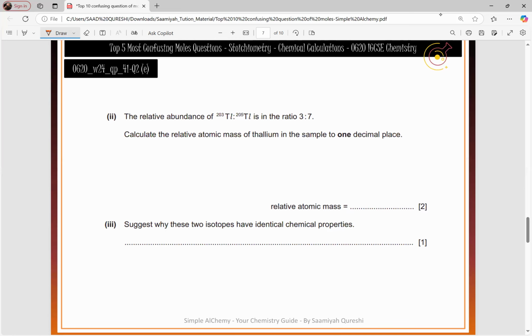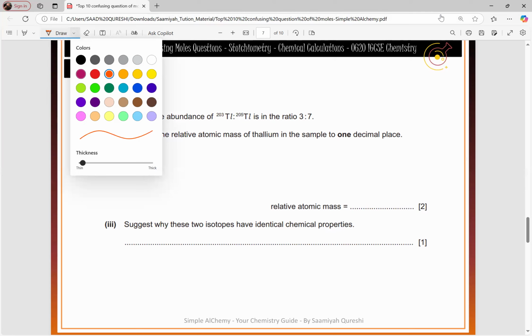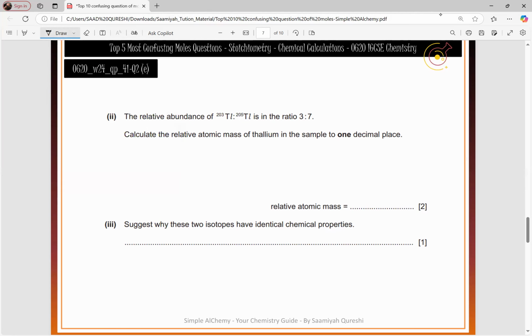Now we have the next question from paper 41. We have the relative abundance of thallium here. We have the two isotopes of thallium, 203 and 205. They are present in the ratio 3:7. We have to find out the relative atomic mass of thallium, RAM. So to find out the RAM,